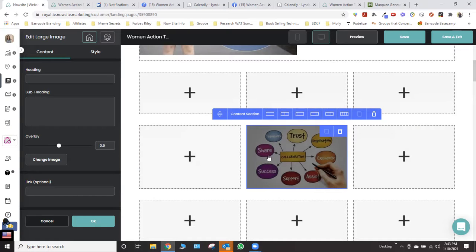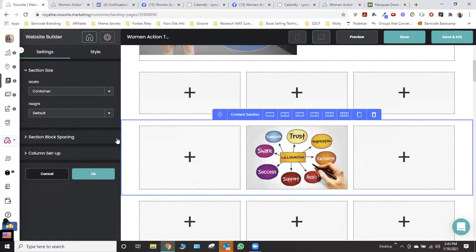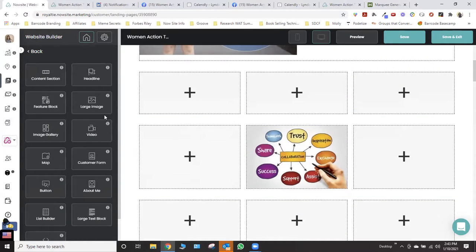Now I'm going to change the overlay. See how dark it is? It's got this 0.5. It just means it has shading on top of it. I'm just going to click the arrow overlay and move it down to 0. Now we're going to say, let's say these arrows were actually pointing directly over to this block here. What she can do is, wait, I'm sorry, let me click out of that. She can then,